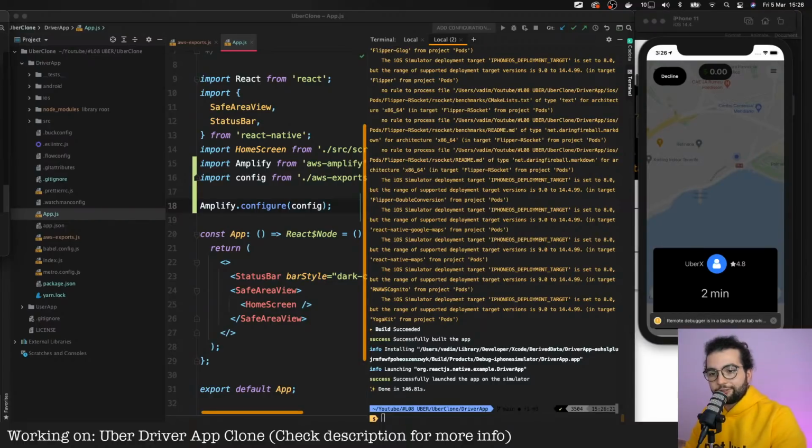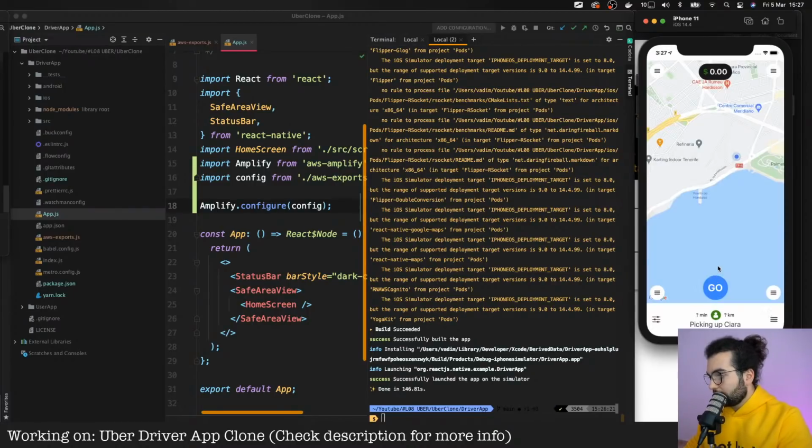Correct me if I'm wrong, live location for driver is only supported by premium Google Maps API, right? What do you mean by premium Google Maps API? Yeah, like you need to enable the payments in Google API in order to have these maps, and you're going to be charged for every request. I don't know the exact amount, so you should look into that and check for yourself.